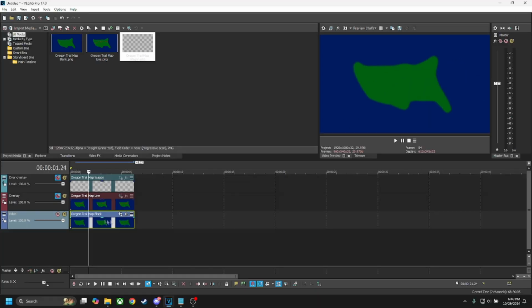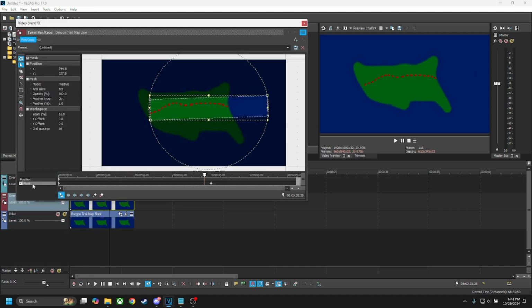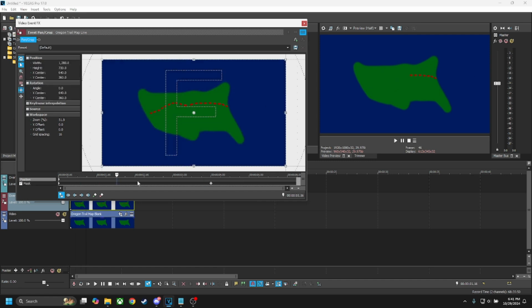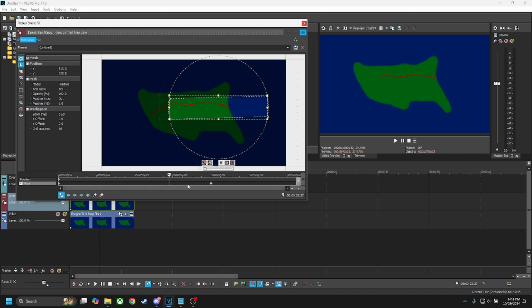So we have our map layer, no lines on the map. We have another layer with the line on the map. I'd say something like this is optional. Indiana Jones might use an airplane or whatever. You can do that if you want. And then here, we've just created our mask. Oh, let me click on this bottom timeline. Started with the mask outside the line, ended with the mask covering the line. And this just fills it in